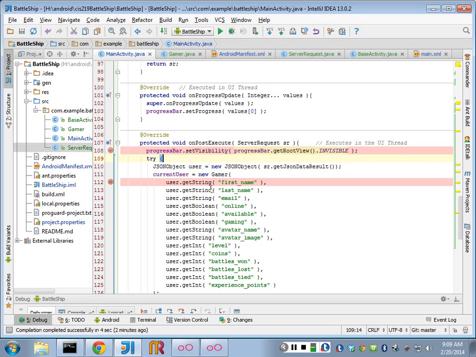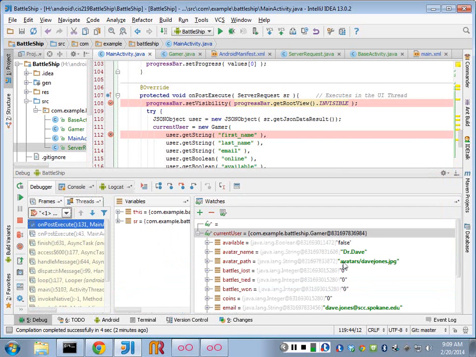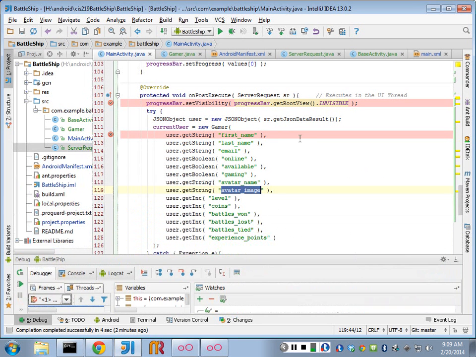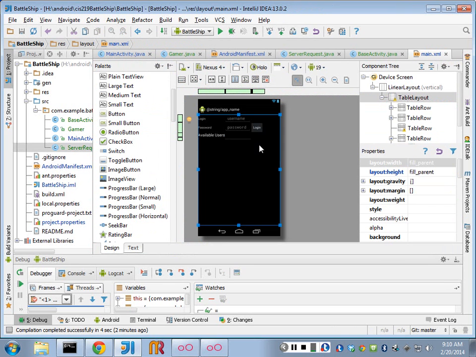All right, so let's play around with the next concept. It would be nice. I have in here my avatar image path name, right? I showed you that was at avatars/davejones.jpg. So I need to go get that data, get that image from the server, so I can display it on my little Android device. Wouldn't that be nice? So I have a little picture of my avatar next to my game that I'm playing. So first of all, I need a place to put that. And so in my main code here, I'm going to add a